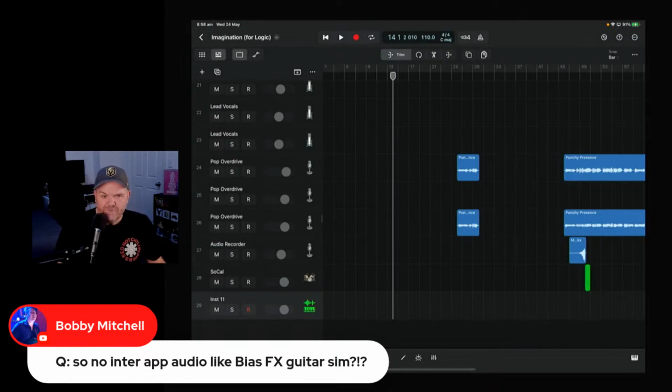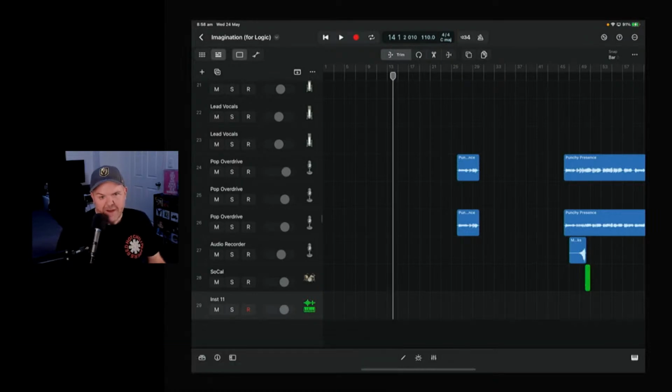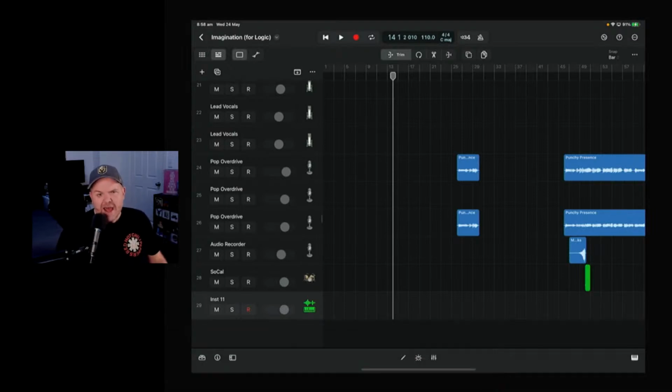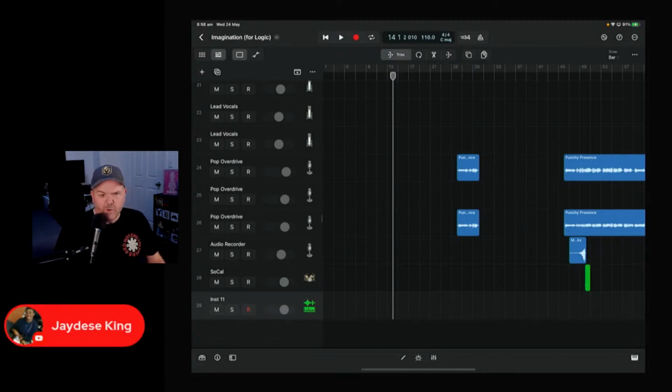You'll need an AUV3. Mars Capone is having issues. Yeah, Mars reached out this morning. He's got issues, probably iOS 16.5 related, to do with his Logitech keyboard case. So if you're using non-Apple gear, I would avoid 16.5 for now. Any non-Apple gear. Your Apple gear seems to be working fine. There seems to be issues with third-party gear. I've grabbed your question, Black Diamond, and that's all the questions I've seen there for now. So we'll go back to answering these questions in order.